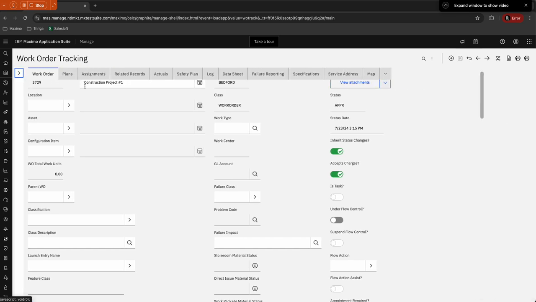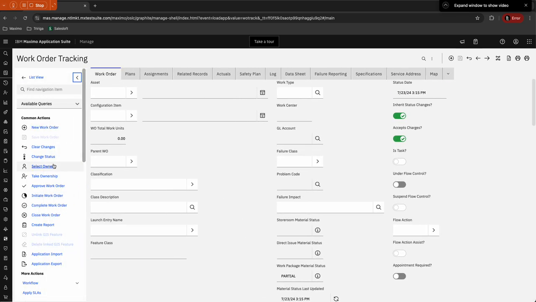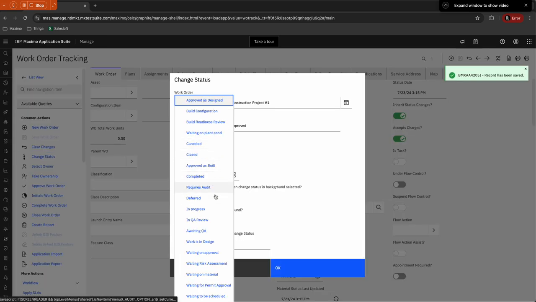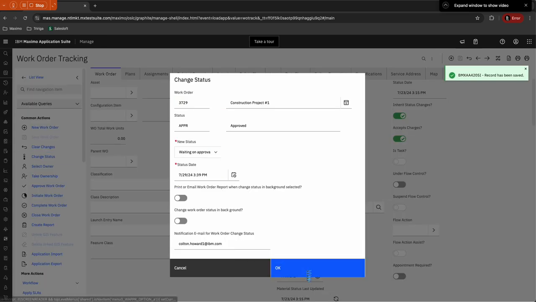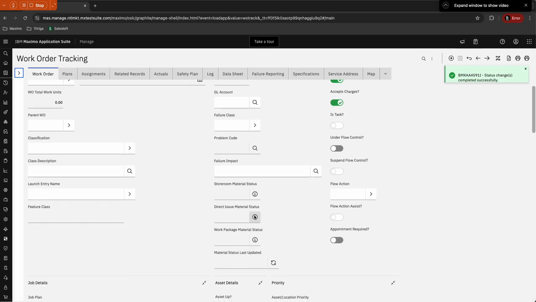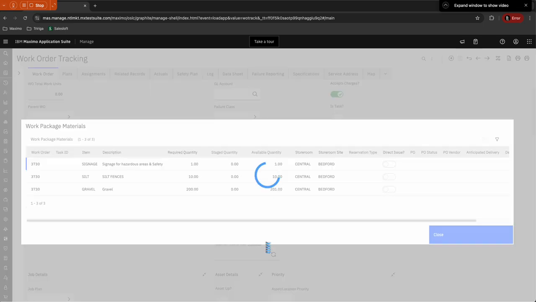The next thing Sam's going to want to do as part of this project, and let me go ahead and change the status of this to show you. Let's say that this is waiting on approval, because there's one thing I want to highlight as part of this demonstration. So before we approve this work package, one thing that Sam's going to want to do is be able to look at